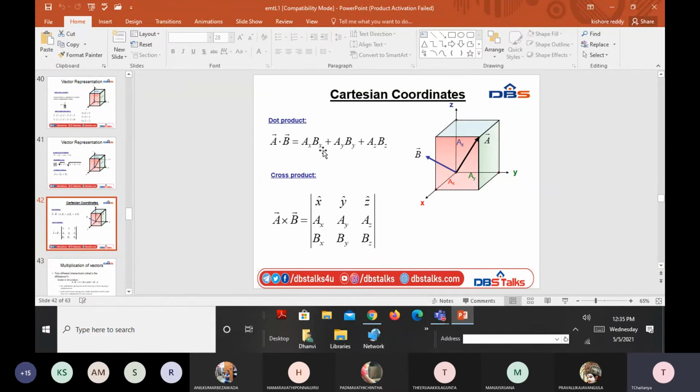In the same way, if you want to see the cross product multiplication, which is A bar cross B bar or A bar curl B bar, it is a determinant we need to find, which will be equivalent to A cross B or A curl B. So these are just the multiplication of two vectors. One is the dot product, second one is the cross product. If you want the dot product, we can use this set of formulas. If you want the cross product, we can go for the determinant of the coefficients.